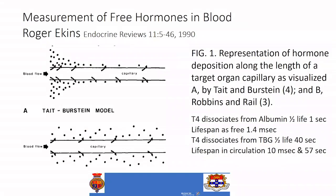This really illustrates the problem in the way that Ekins first said, because in the first case, you've got blood passing through the capillary, and the first little bit gets the